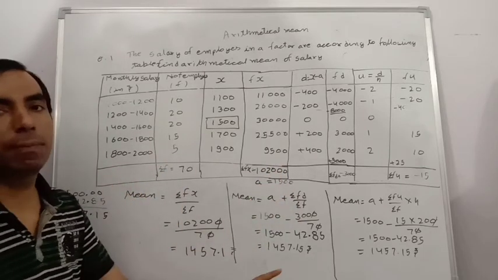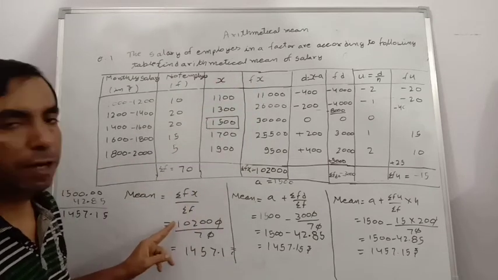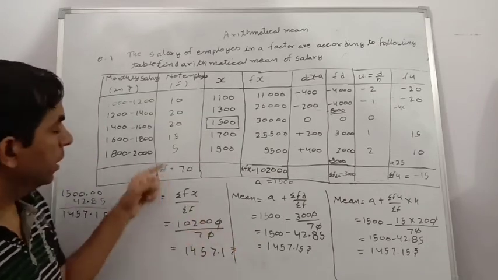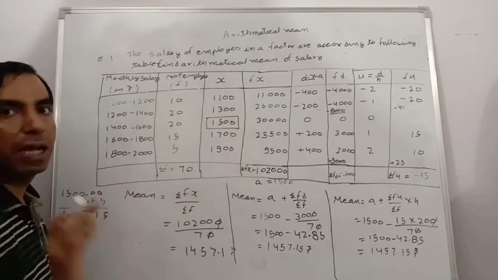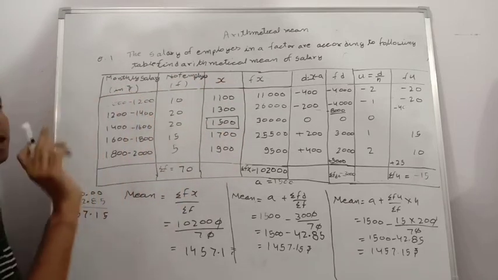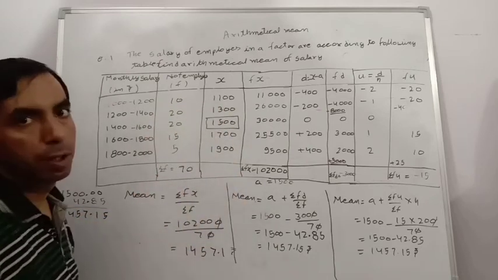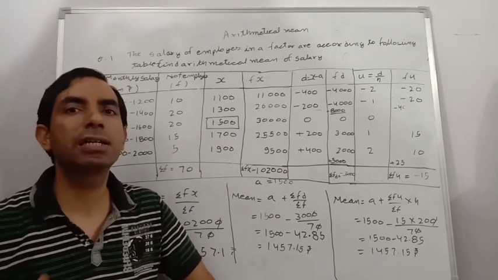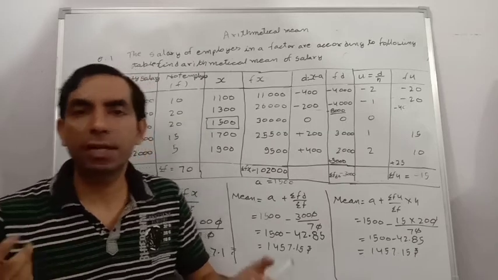But always remember that first is summation fx upon summation f, for any frequency distribution table. It's always first, because if we have an interval, then we find the x by adding both numbers and dividing by 2. And the assumed mean, why do we use the assumed mean? Because sometimes we have data in large numbers. By this we cannot calculate easily.